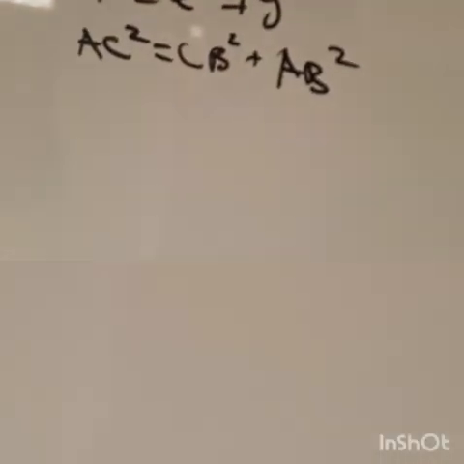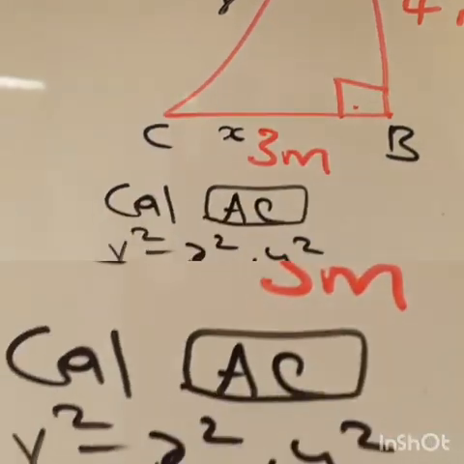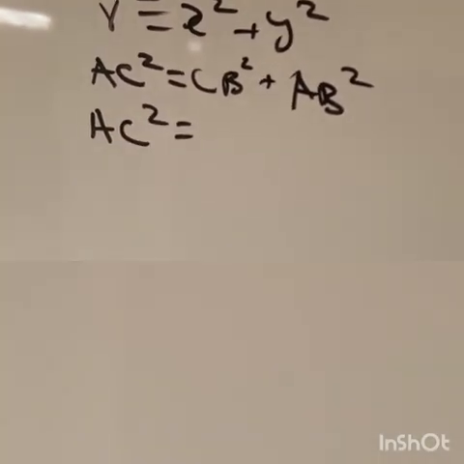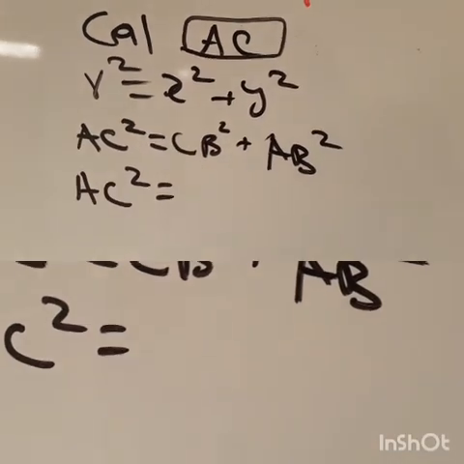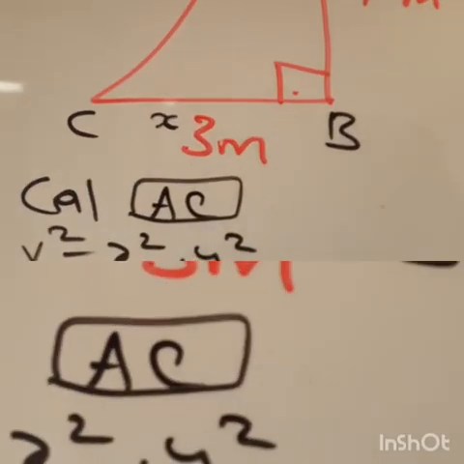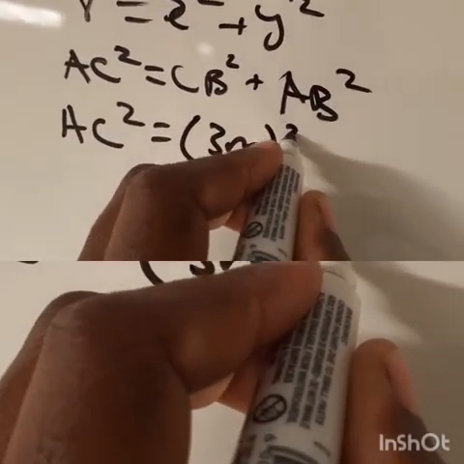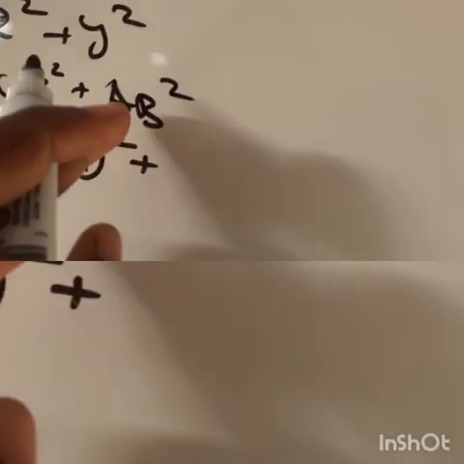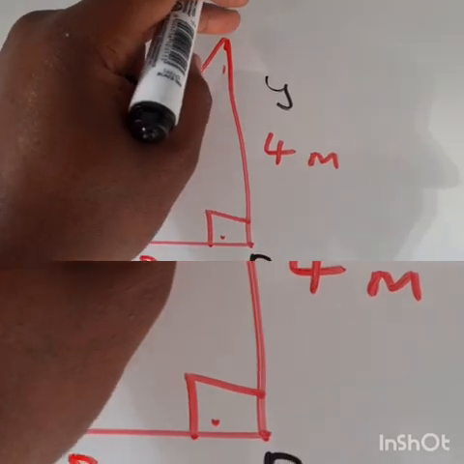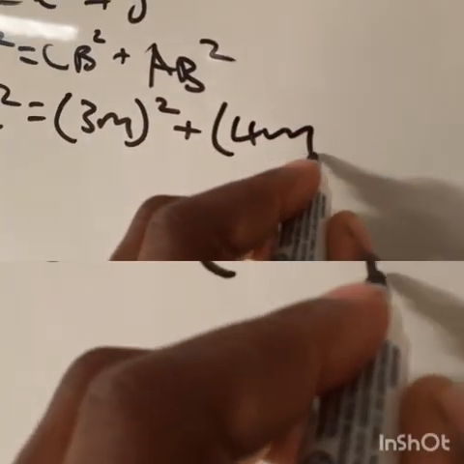Having done that, now I need to substitute. Where there is R there's no number, it has not been given. Therefore, I continue writing AC squared. Now I have the CB squared, the line that's from C to B. There's a number there which is 3 meters. Remember, we put it in brackets, therefore this becomes 3 meters squared. The line that starts from A to B would be my 4 meters. So it's 4 meters